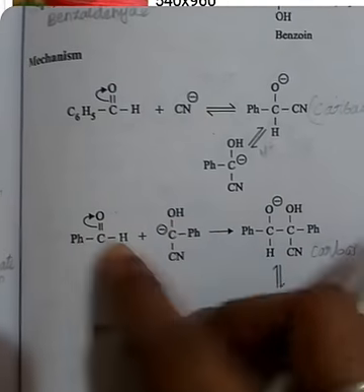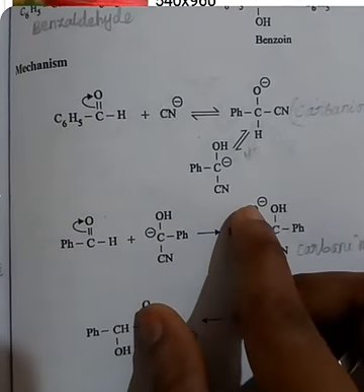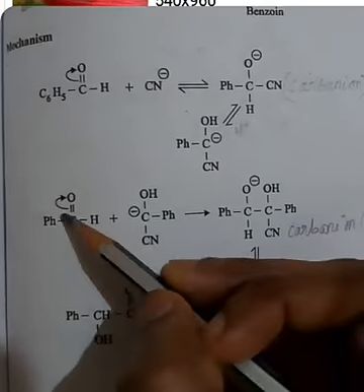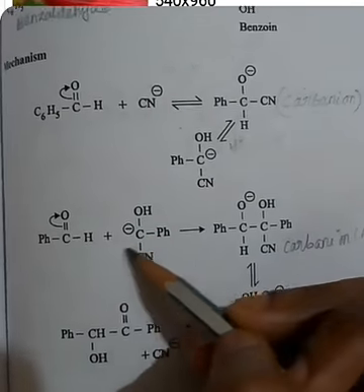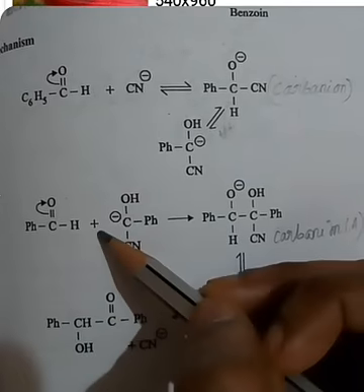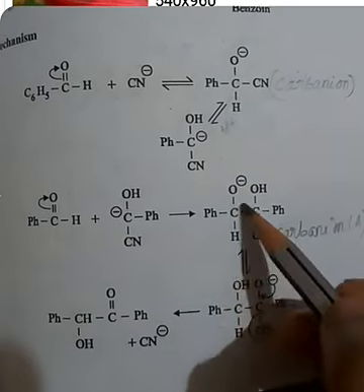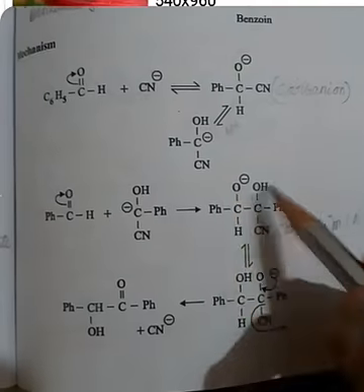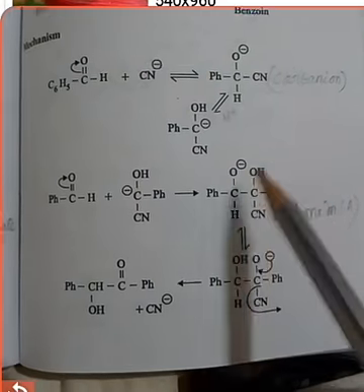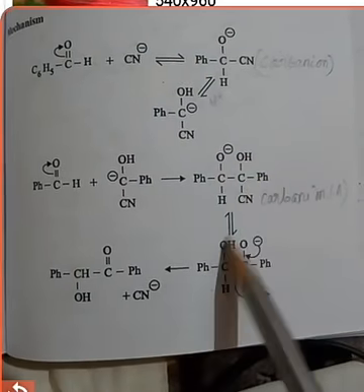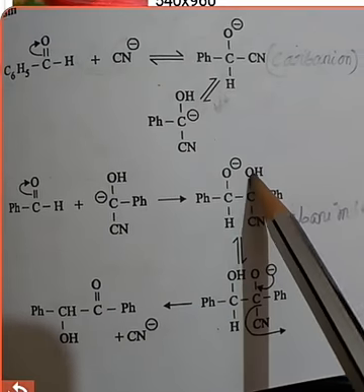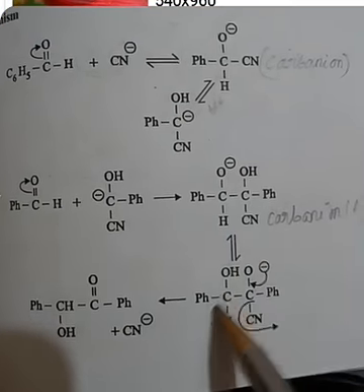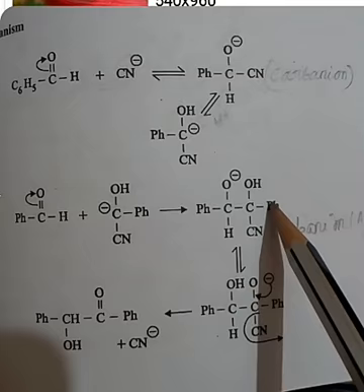C6H5 C bond O minus, here C6H5 C bond O minus. The H comes in this reaction and directly attacks this carbon. There will be no changes in this reaction. This is the carbanion, or otherwise said, a proton shift. Next step is a forward reaction. Again this comes on the left side: C6H5, C6H5, OH, CN minus.